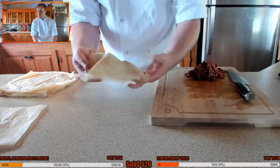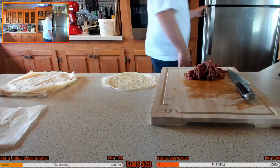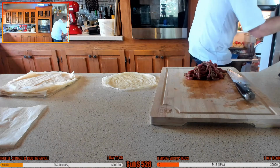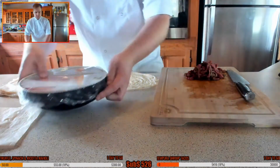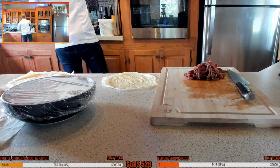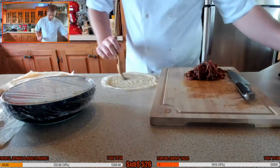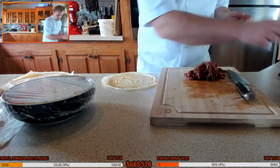As you can see, those beautiful wraps have turned out fantastic. You can roll them, they are fine, they're not dry, they are perfect. So let's get the spring roll mix. We've got our beef. Now if I can remember, I need an egg as well for the egg wash, so we can seal the deal on those egg rolls. So I am egg washing, sorry, the